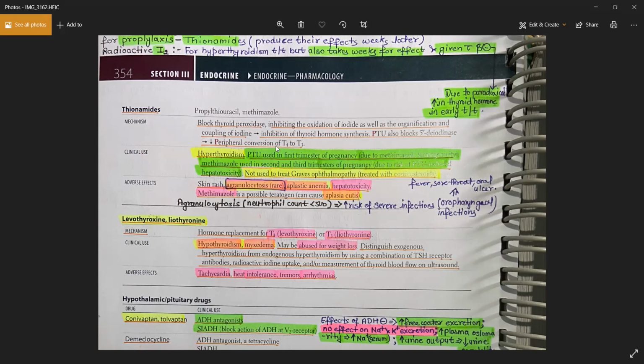So what would be the clinical use? The clinical use would be hyperthyroidism. Very important. Another very important thing is that propylthiouracil is a highly hepatotoxic drug. And methimazole is the